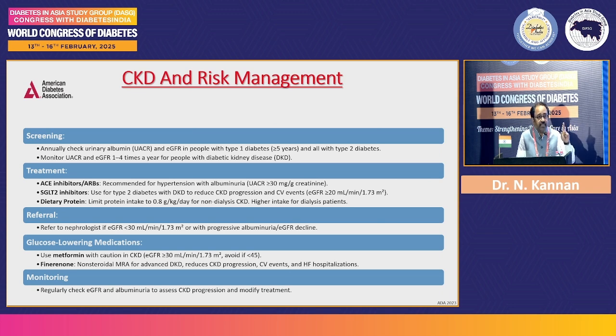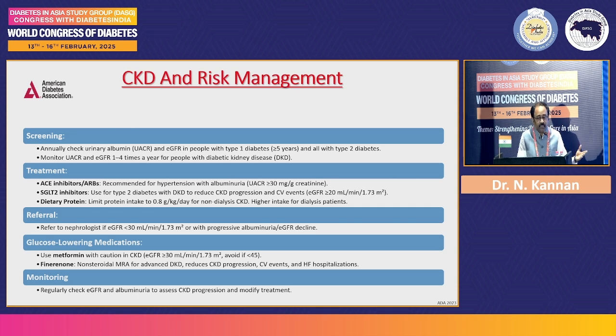Once again, CKD. At diagnosis, on day one itself, the patient should be subjected to microalbuminuria estimation as well as UACR, because if we miss the microalbuminuria, then we are missing the vascular endothelium dysfunction. That is very, very important. For type 2 diabetes, day one. For type 1 diabetes, at the third year or the fifth year. And we want to implement the right treatment, ACE inhibitor, ARB, and so on.